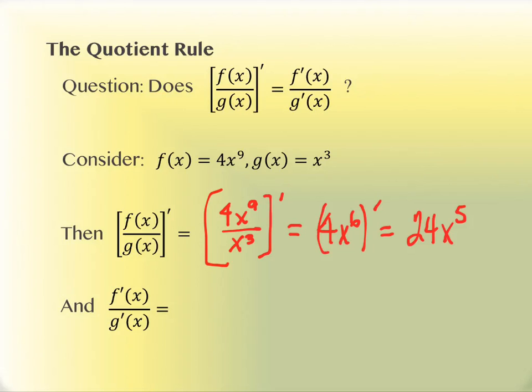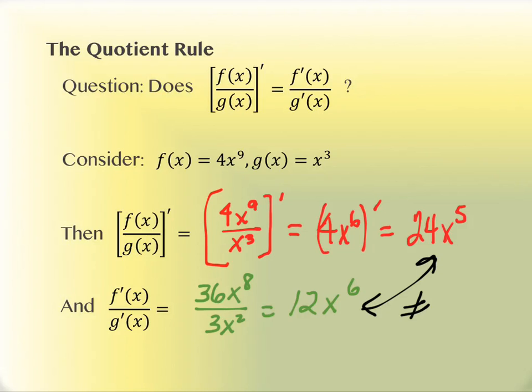What we're trying to see is whether or not we could have done the derivative pieces first and then divided second. That's the question here. So we're going to try that. What is the derivative of the 4x to the 9th? 36x to the 8th. And then what is the derivative of the x cubed? 3x squared. And then can we simplify that? What will it become? 12x to the 6th. And lo and behold,